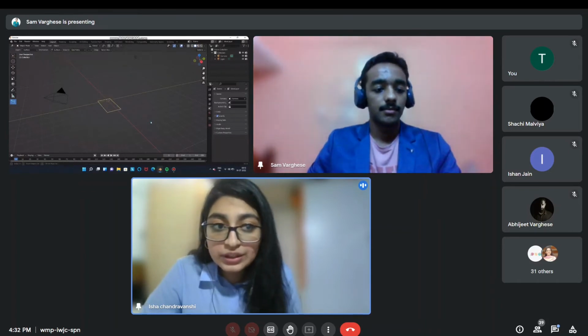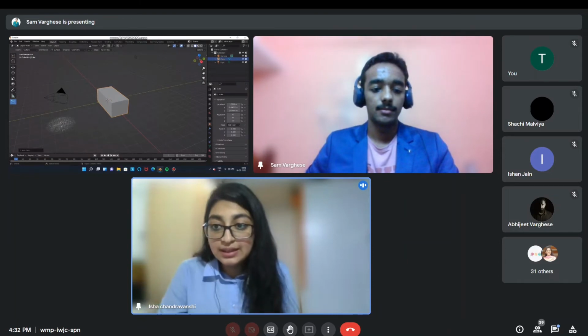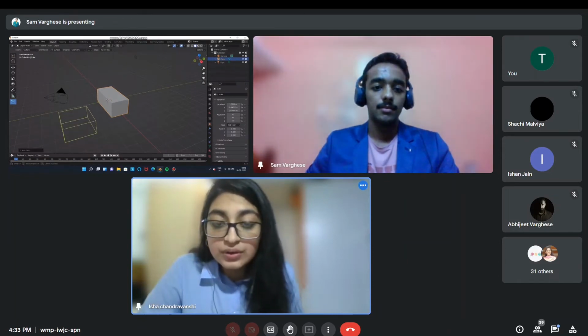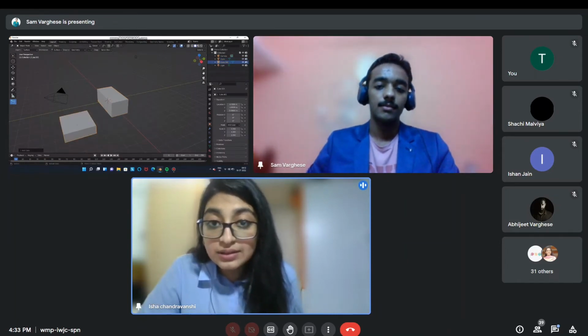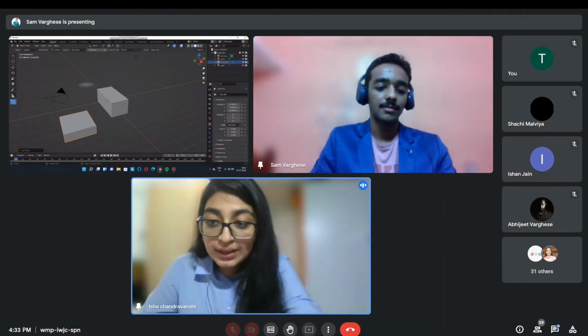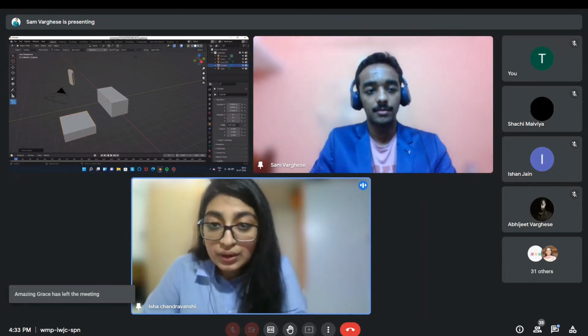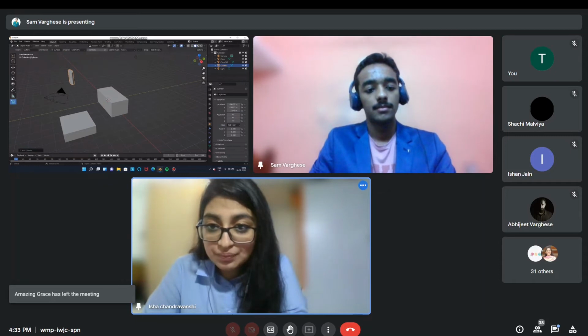As you can see in the video, when you open the Blender software, this is basically the screen that you'll encounter. You can see there are various tools on the left hand side of the screen. Selecting this basic tool, we can insert elements such as cuboid. We are inserting cuboid, cylinders.